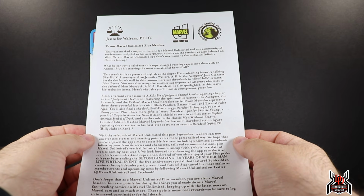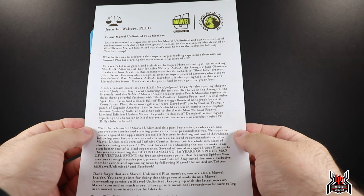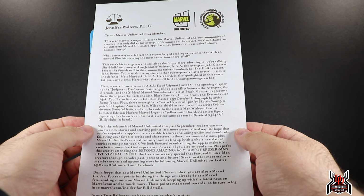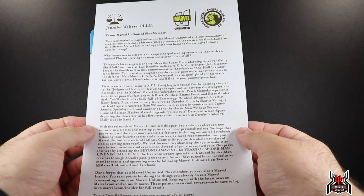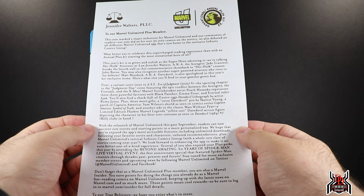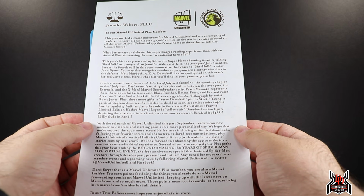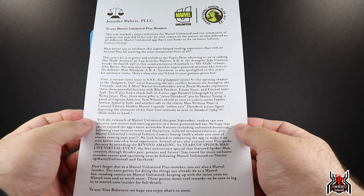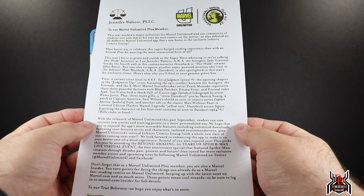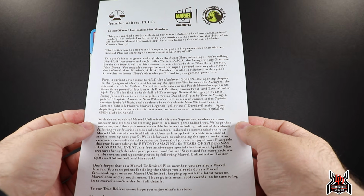First, a variant cover issue to Avengers X-Men Eternals: Judgment Day 2022 #1, the opening chapter to the Judgment Day event featuring the epic conflict between the Avengers, the Eternals, and the X-Men. Marvel Stormbreaker artist Peach Momoko represents these three powerful factions with Black Panther, Emma Frost, and Eternal ruler Ajak. You'll also find a chock full of Easter eggs Daredevil lithograph by artist Rami Jones, plus three more gifts: a